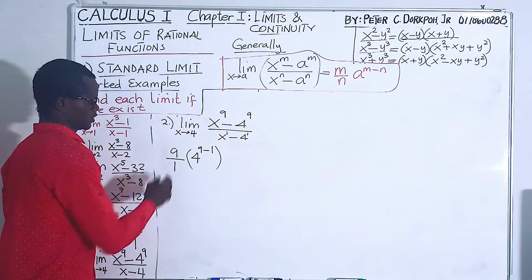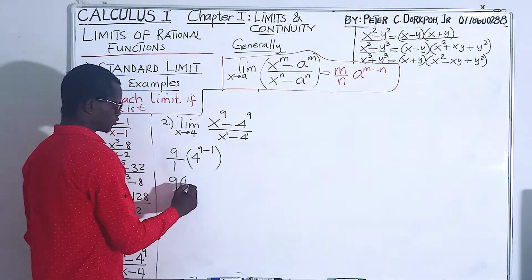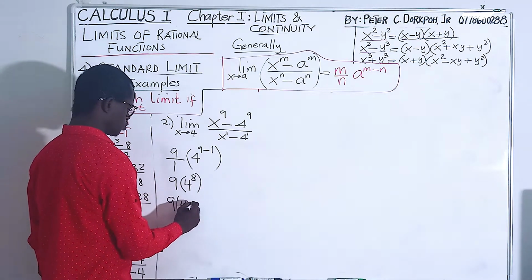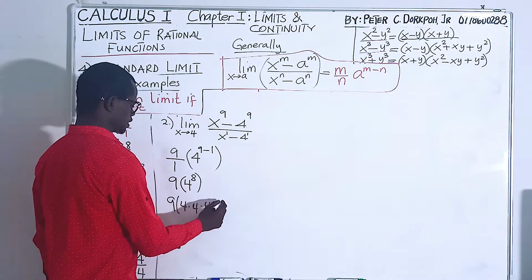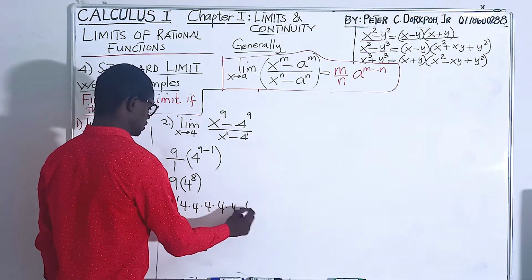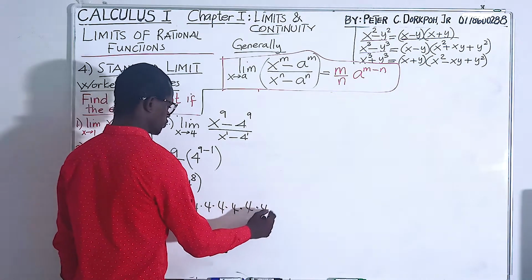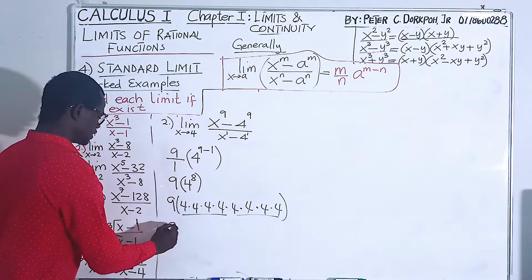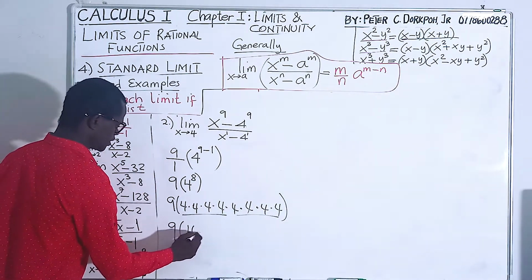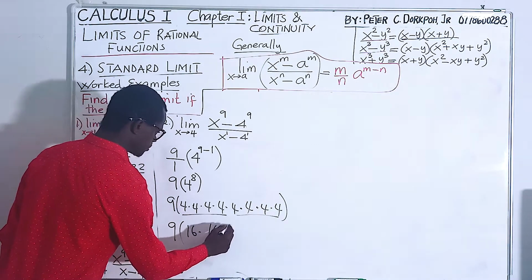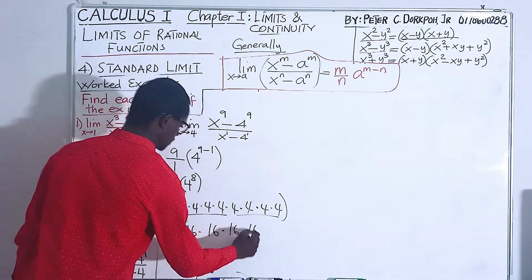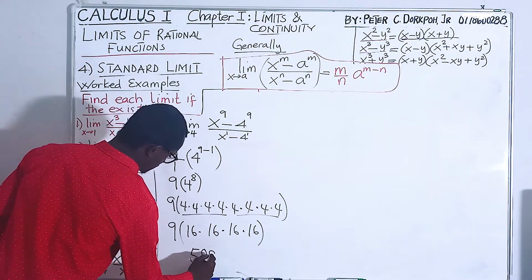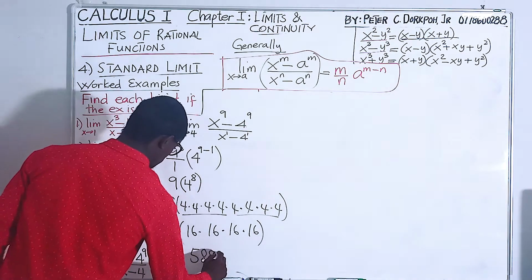It's just very easy. So this is now 9 times 4 to the 8th power, which is 4 times 4 times 4 times 4 times 4 times 4 times 4 and times 4. There's 4, there's 4. So it's 9 times 4 times 4 is 16 times 16 times 16 and times 16, which is 589,824